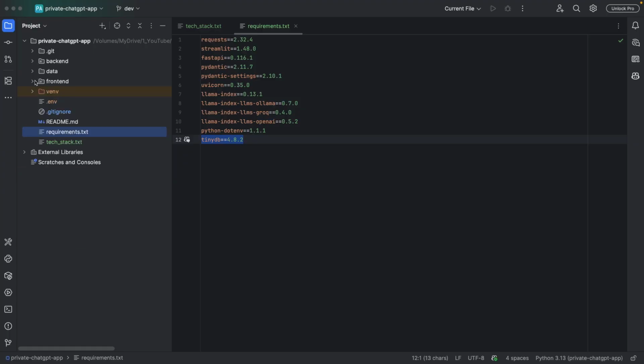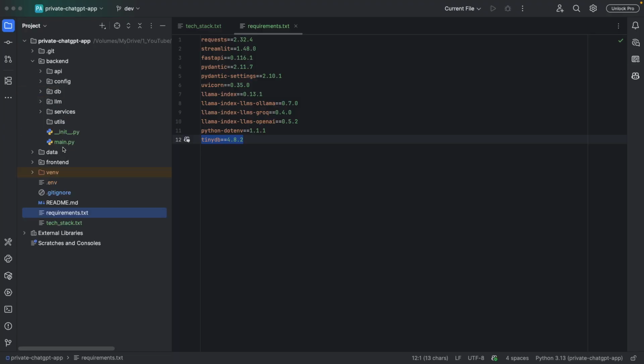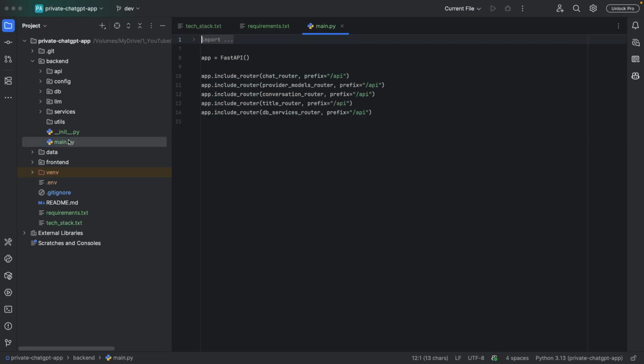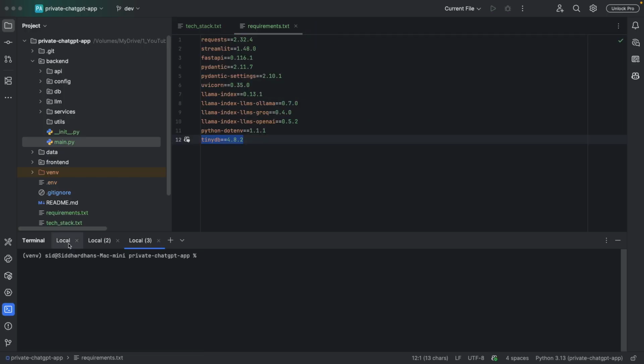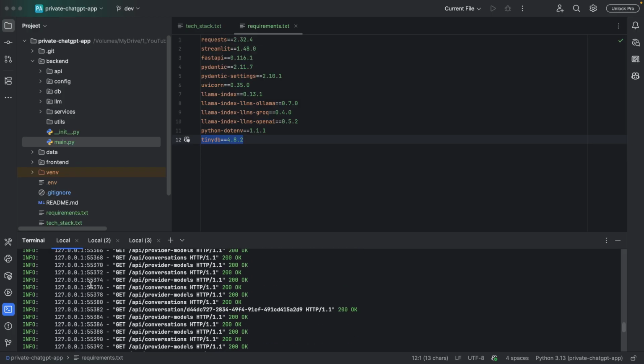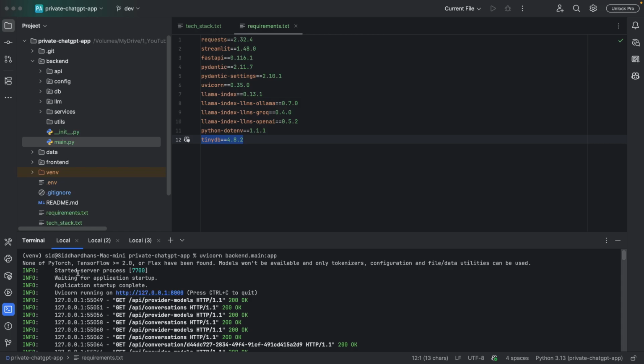And then I have a front end code that is basically my Streamlit app. So this backend has this main.py file, which we have to run in order to start our API endpoints. That's what we have executed in this first terminal. If you see this, I ran this command called uvicorn here. So we have uvicorn backend, which is the folder name, .main, which is the file name,